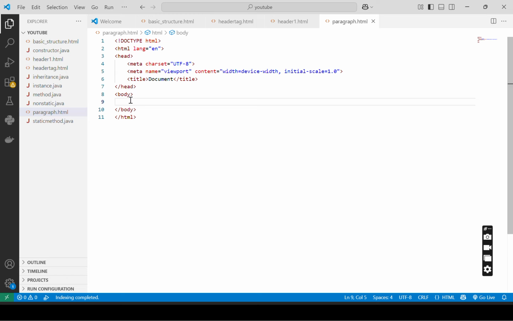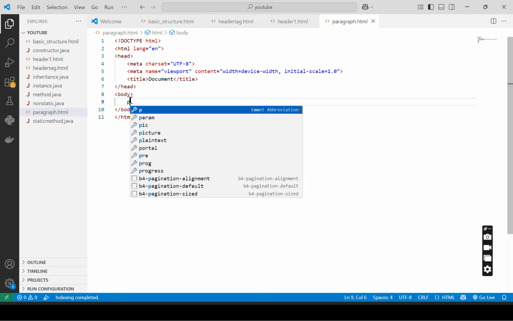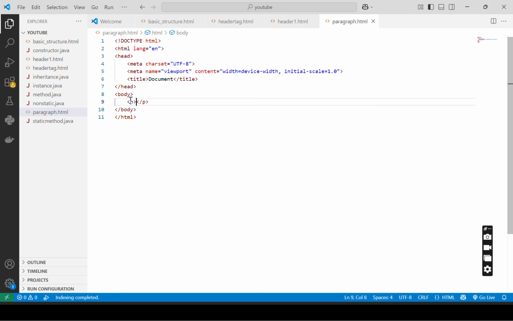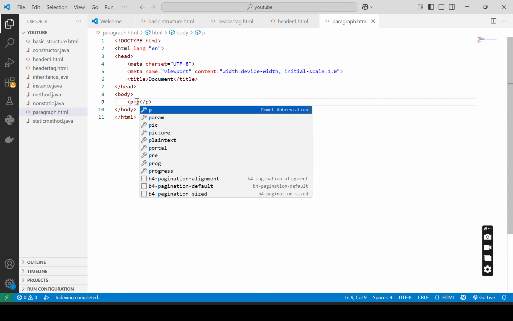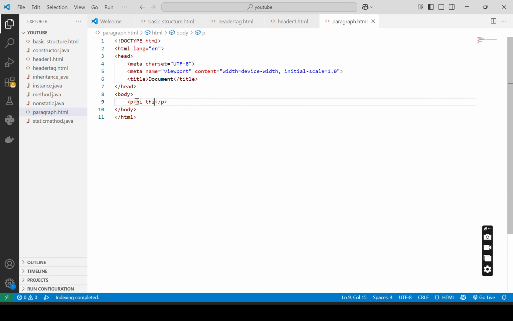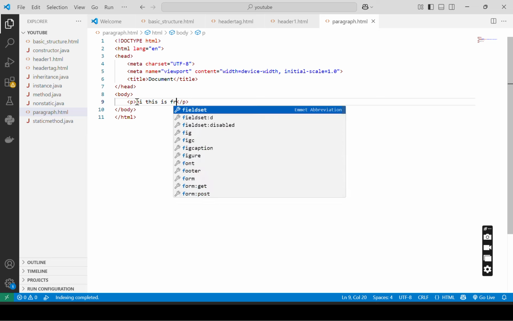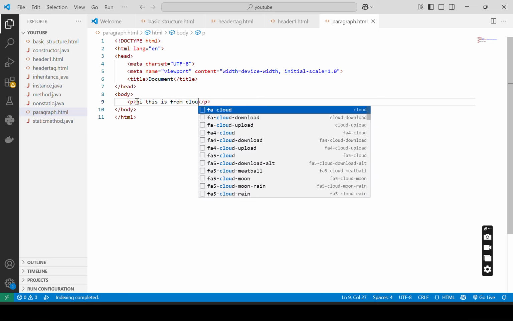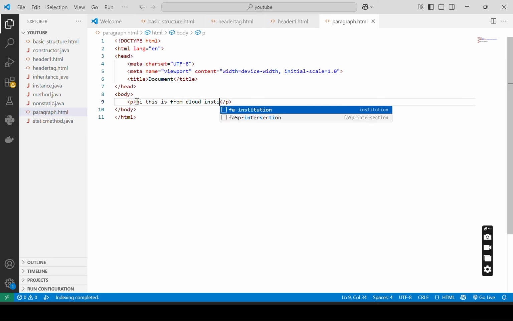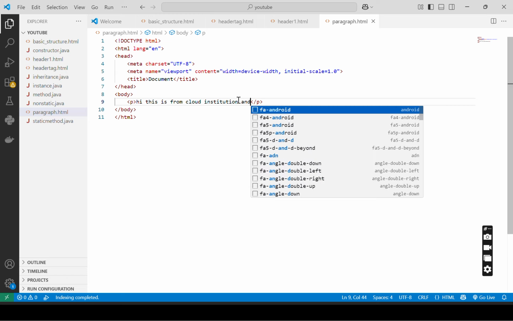Now let me create a paragraph tag. If you type P and press enter, it will give the paragraph tag. Now let me add some text: hi, this is from Cloud Institution